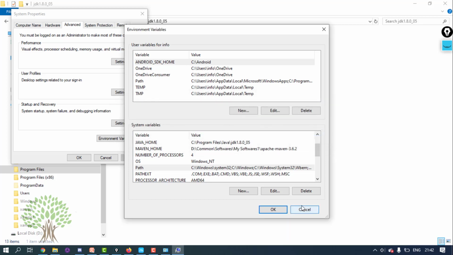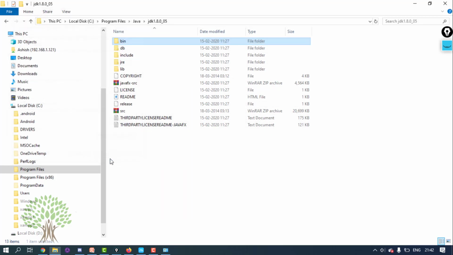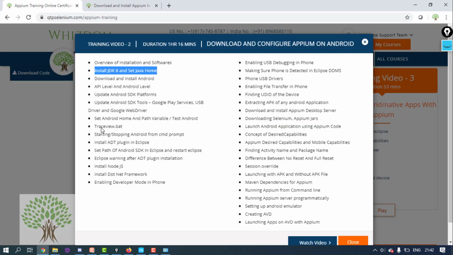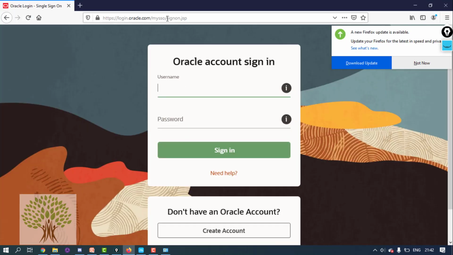Now you click on OK, and Java is installed and it is set up as the environment variable as well. We have set it up as an environment variable because when you install Android after this, Android will come to know where Java is present on your machine with the help of environment variables. Okay, now what you need to do is download